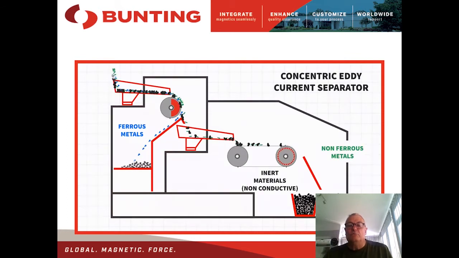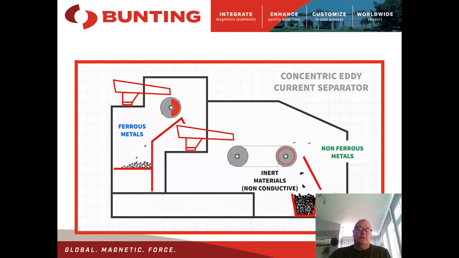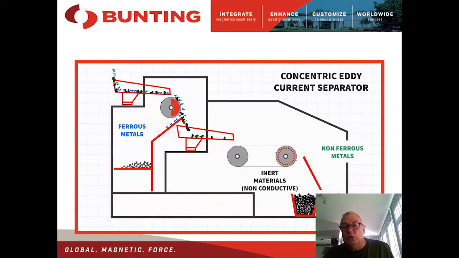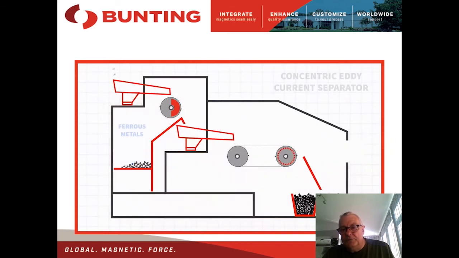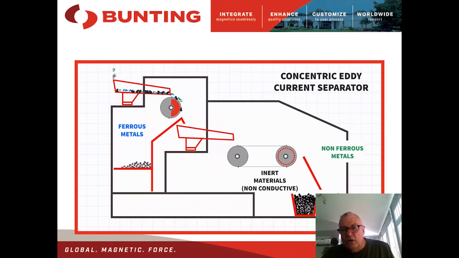So if we have some mild steel, for example, in our shredded scrap feed, then first of all, we don't really want to feed it onto the eddy current separator, because this is also a magnet as well as an eddy current separator. And if we have large particles, they may stick on the high intensity field and damage the belt. They also might build up in the area. If it's very fine dust, then it might build up in this area here,